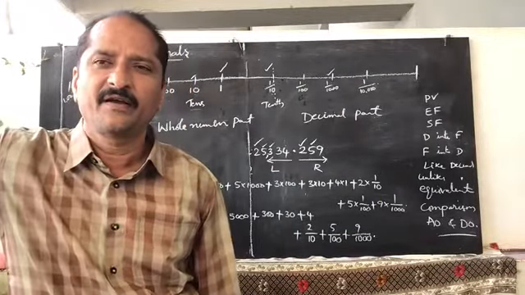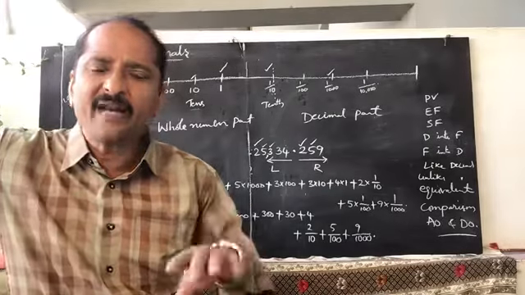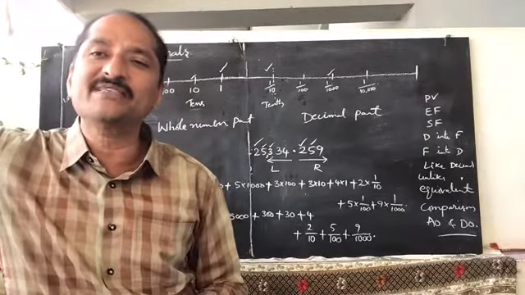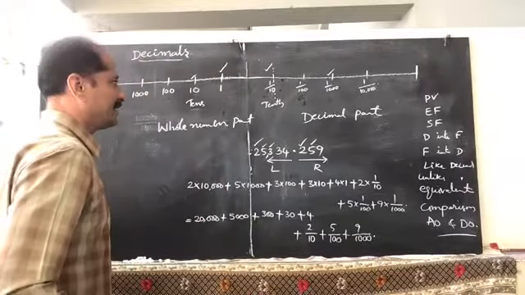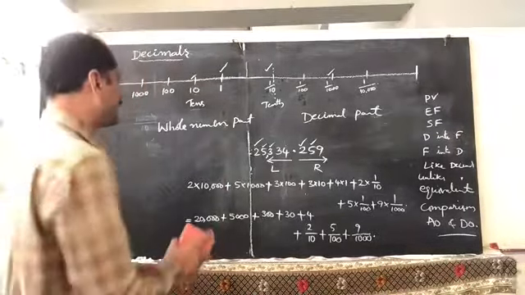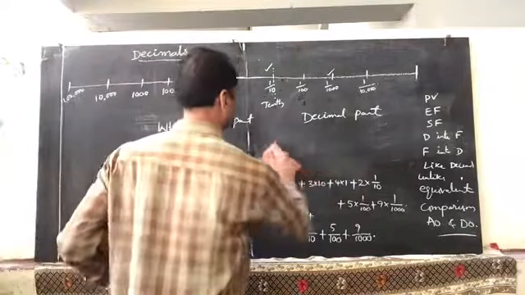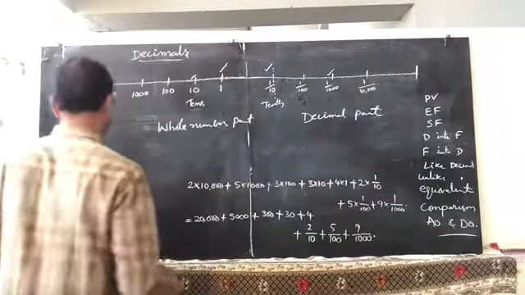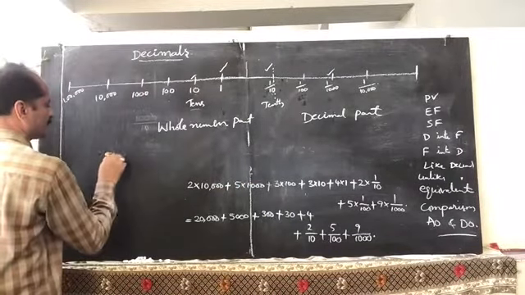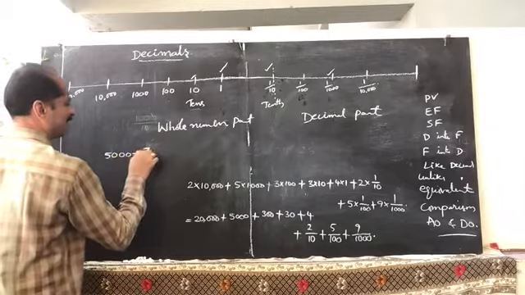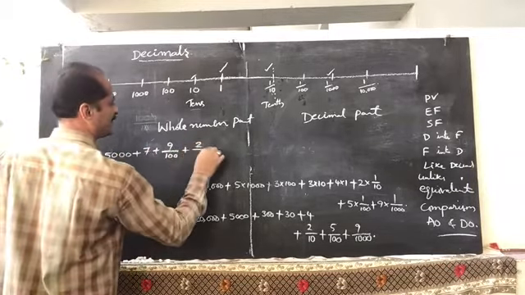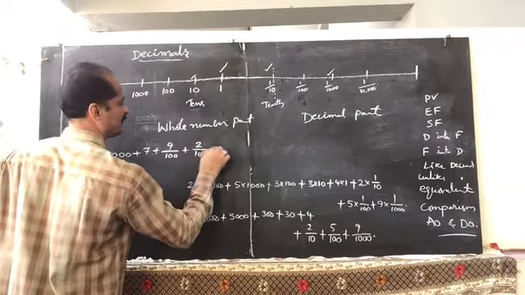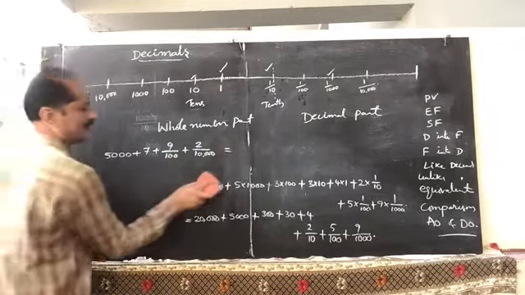If the expanded form is given, how to write down the place value of those numbers? That is nothing but writing numerals, like writing a number name and numeral. Same here. So for example, observe carefully: 5,000 plus 7 plus 9 by 100 plus 2 by 10,000. Write down the short form of this.